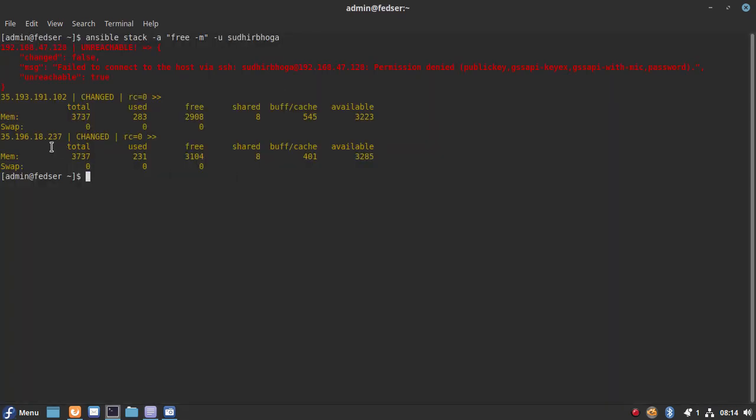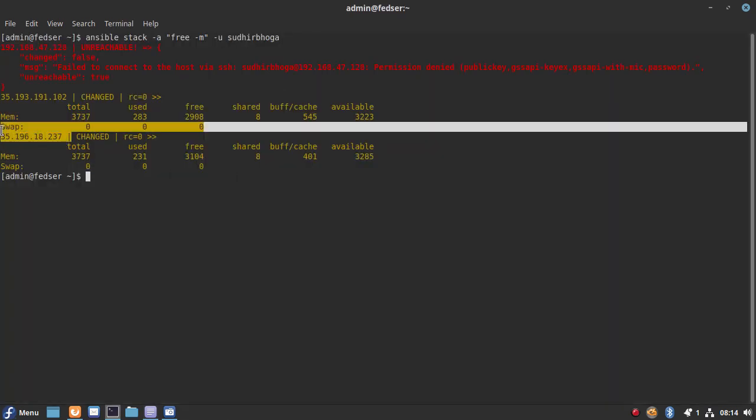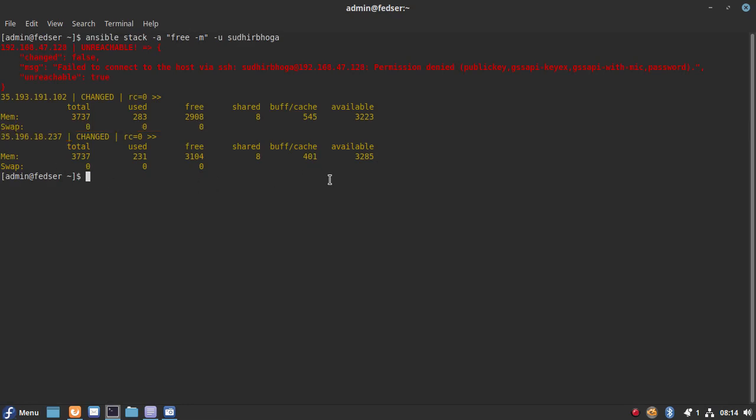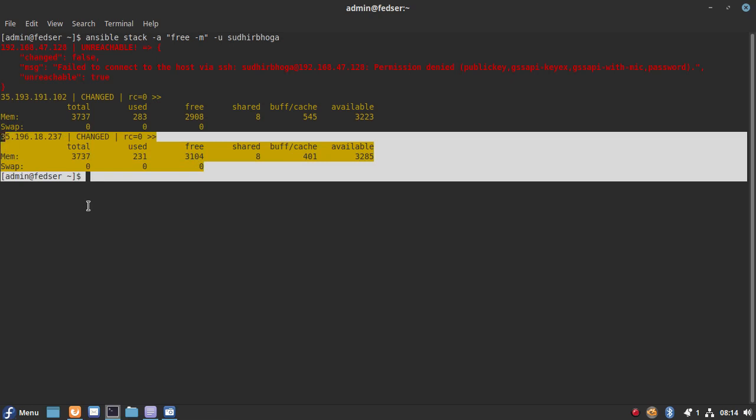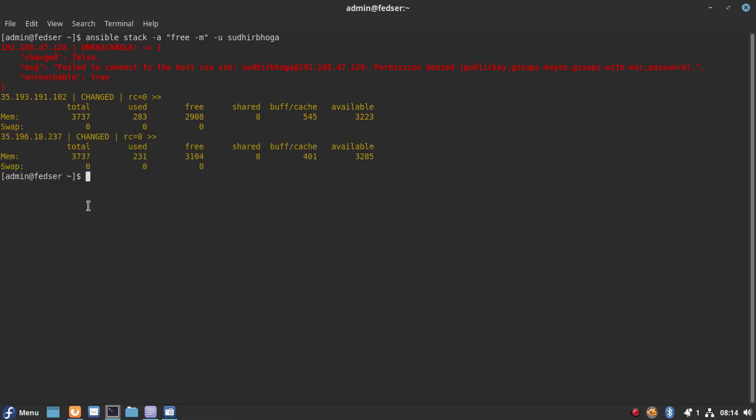So this is the node which we have spun up just now, and this is the free memory that is available on this node. So this is how we can manage our Linux instances using the Ansible tool.